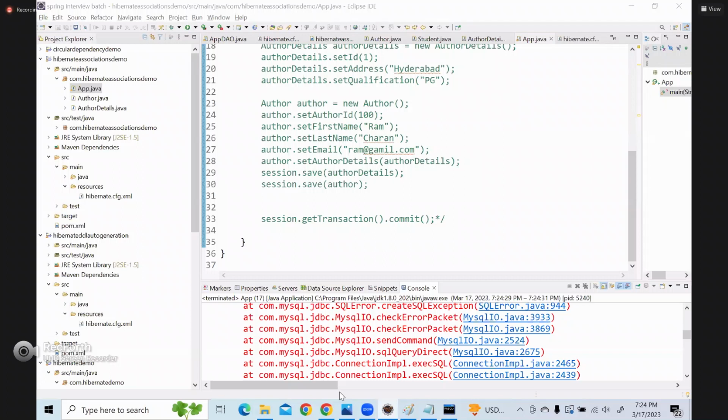I think there is some issue with the table creation only. I'm just checking for that. See, recently MySQL version